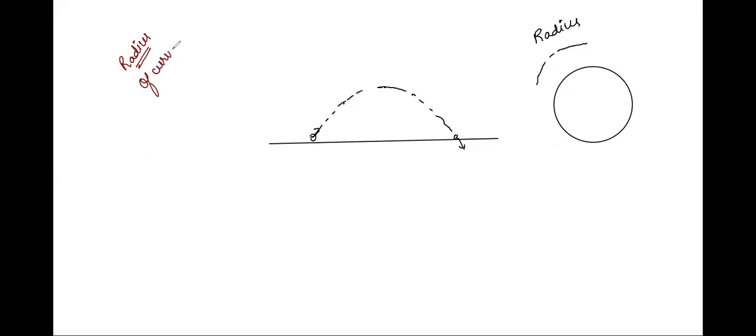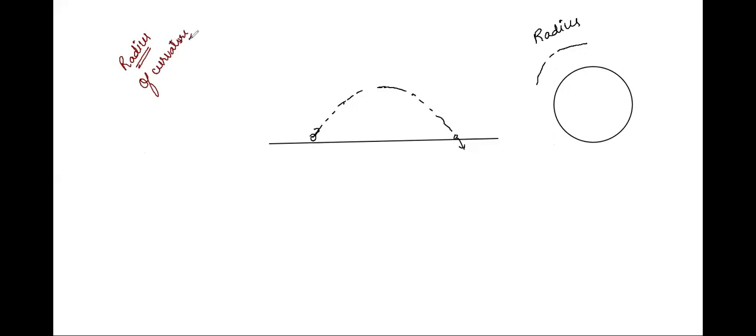Now, what do we generally think? We generally think of radius only when we think of a circle, right? I'll repeat, we think of radius only when we think of a circle. But even in projectile motion, there is the concept of radius of curvature. Many students skip on this, but in several past year papers, there has been an observation that questions are mostly asked based on the concept of radius of curvature.